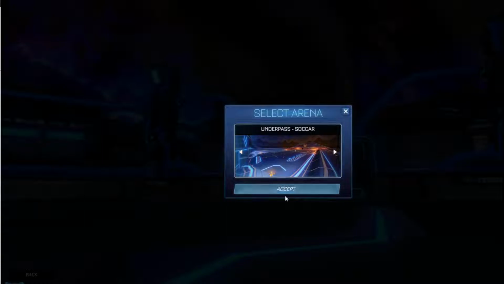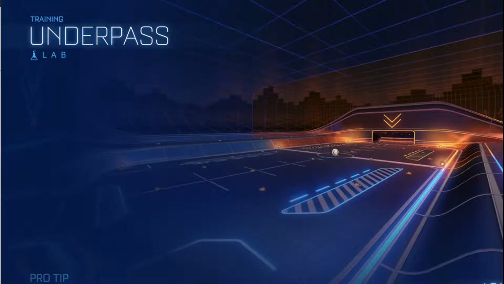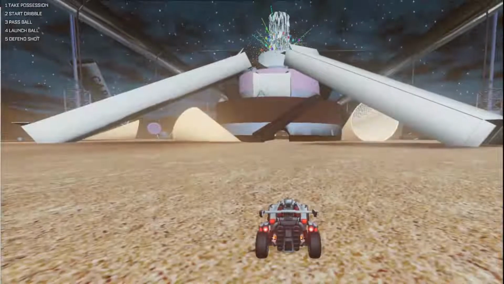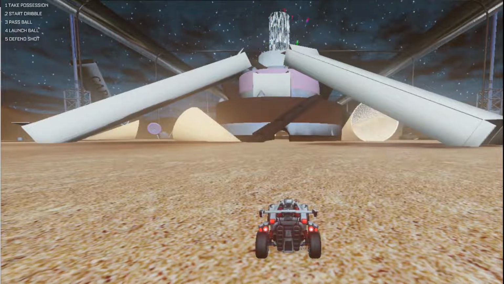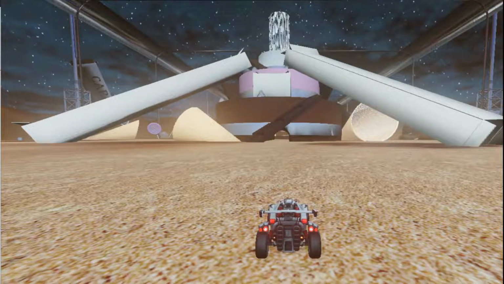Find underpass, press accept, and you should be loading into your custom map. As you can see, we are in the custom map that we have loaded.